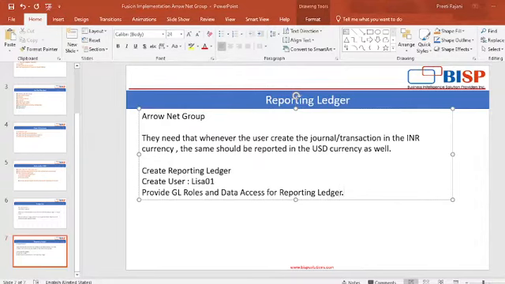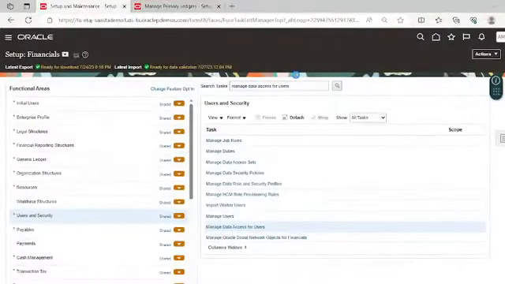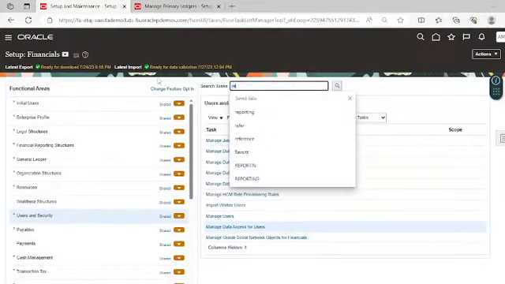Let's move to our application. Search for the reporting ledger.